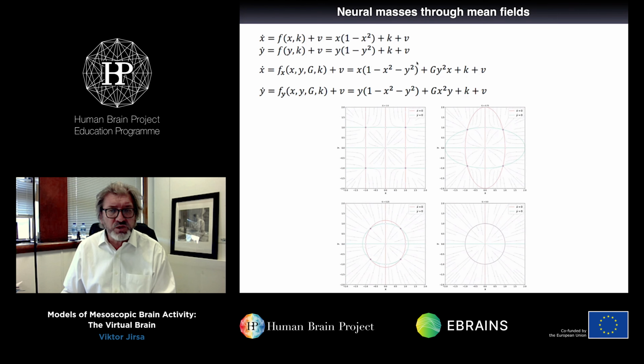Now I increase the coupling between them. Stable fixed point, stable fixed point, stable, stable. And you see the flow deforms a little bit. I increase the coupling even more. Yeah, and even more. If I couple it with the same strength, I actually have a full complete circle where